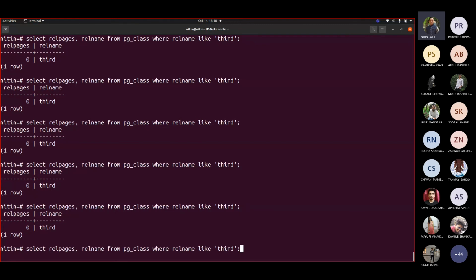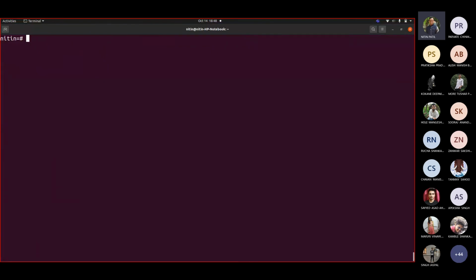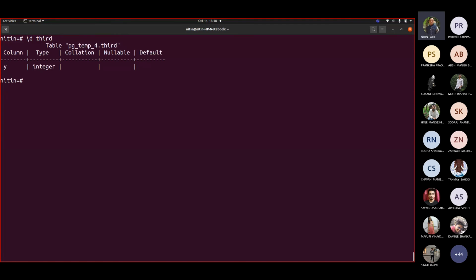It is not showing any pages for me at all. The reason is probably that this table was created as temporary. If I describe third, I should be able to see the table is created with schema pg_temp.